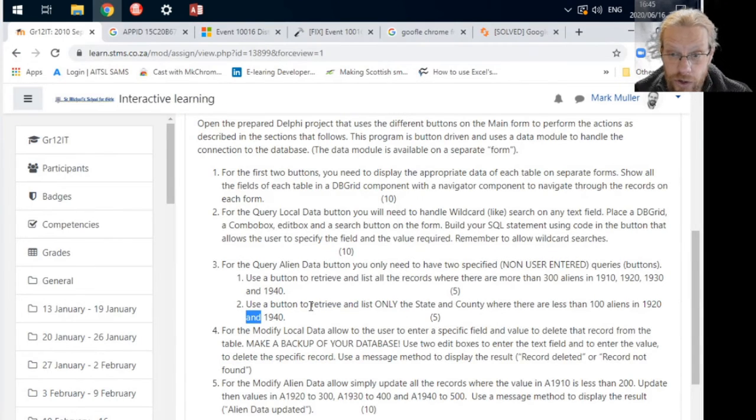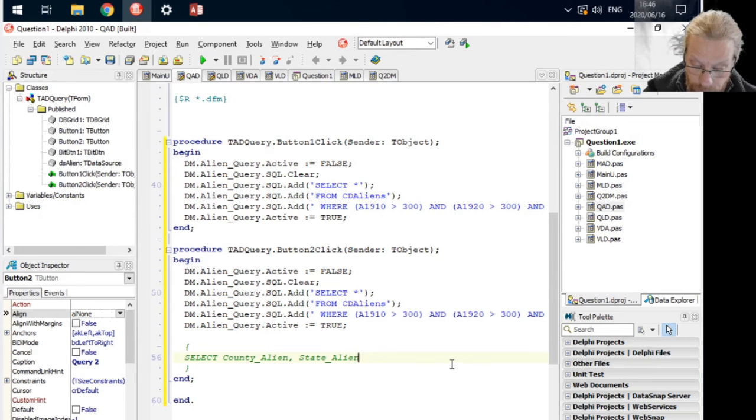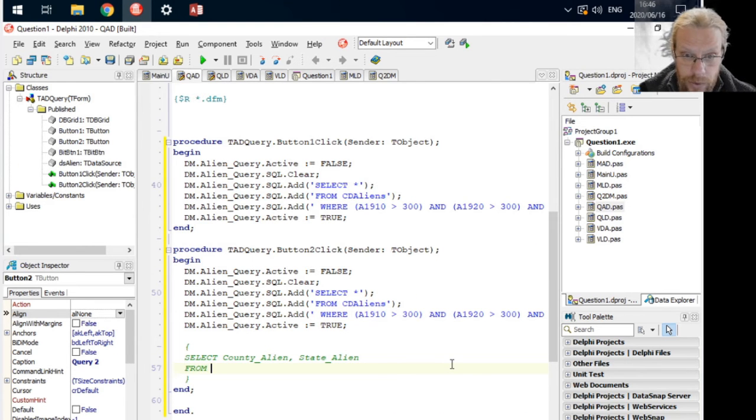The question does not say that you should actually show the values. It says retrieve only state and county. So we are only going to show those two columns. Then this is going to be from CD aliens